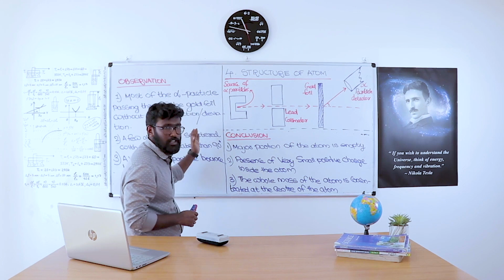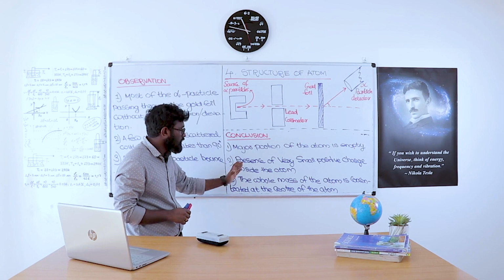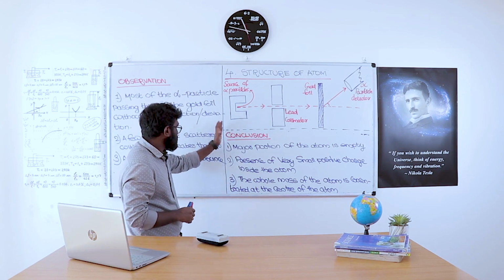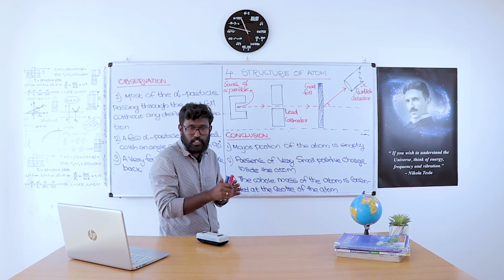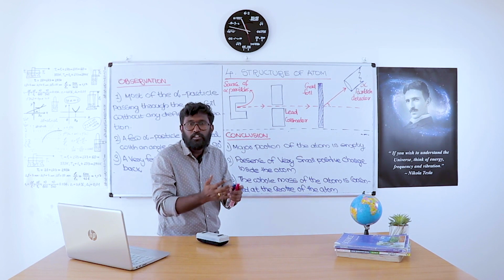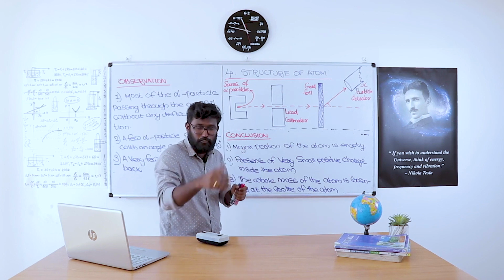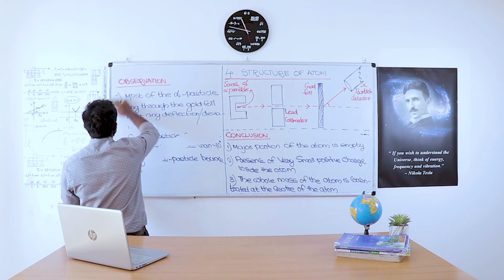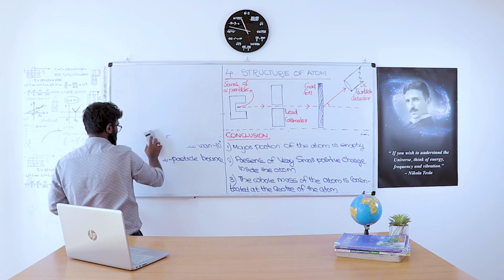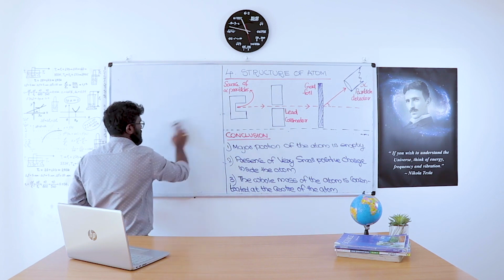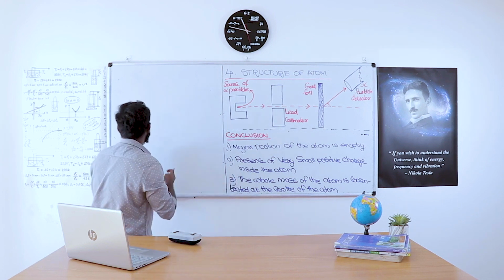From this observation and conclusion, he made the Rutherford atom model. So right now we are going to discuss the Rutherford atom model. By combining the observation and conclusion made by Rutherford, he developed an atom model called the Rutherford atom model. So next, what are the points regarding the Rutherford atom model? From the observation and conclusion of the gold foil experiment, otherwise called the alpha particle scattering experiment or Rutherford experiment, he made the atom model such that,